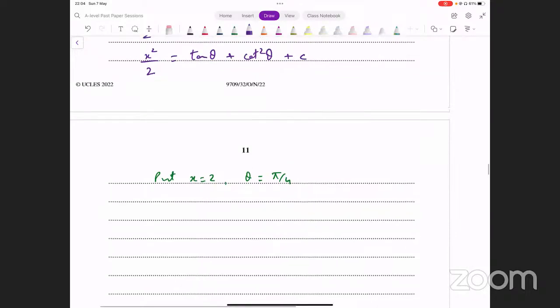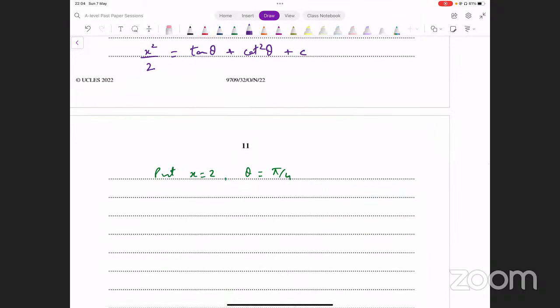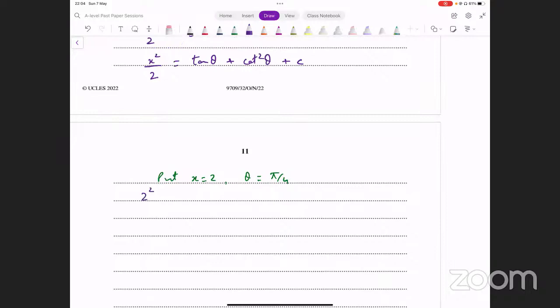अच्छा, let's get back to this. So x equals 2 और pi over 4 यहाँ पे इनपुट किया, देखें हमारे पास क्या आता है। We have 2 squared over 2 equals tan theta. So that's tan of pi over 4 plus cot square theta. अब ये तो हम कैलकुलेटर में नहीं डाल सकते, राइट? cot square का तो कोई बटन नहीं होता कैलकुलेटर में, तो क्या करना पड़ेगा, इसको 1 over tan करना पड़ेगा।